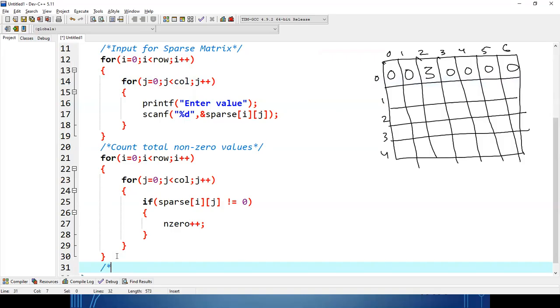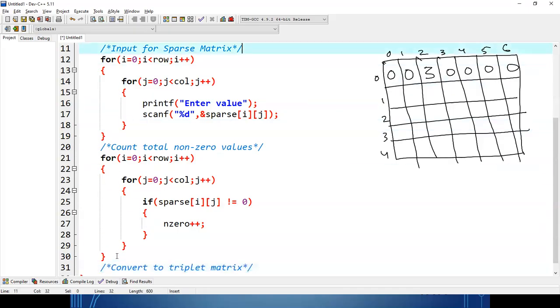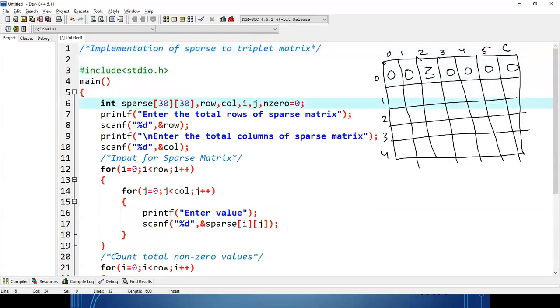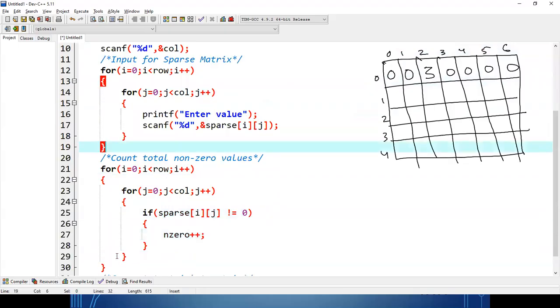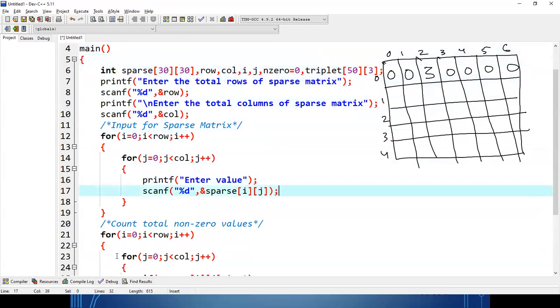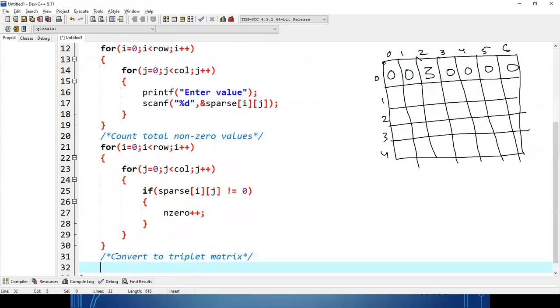Okay. After that, convert to triplet matrix. So that means I need another matrix, which will be my triplet matrix, where I'll store the value. So triplet, let 50 rows I am taking, but 3 columns will be maximum, because 1 for row, 1 for column, and 1 for non-zero value. Okay. So triplet. Convert.